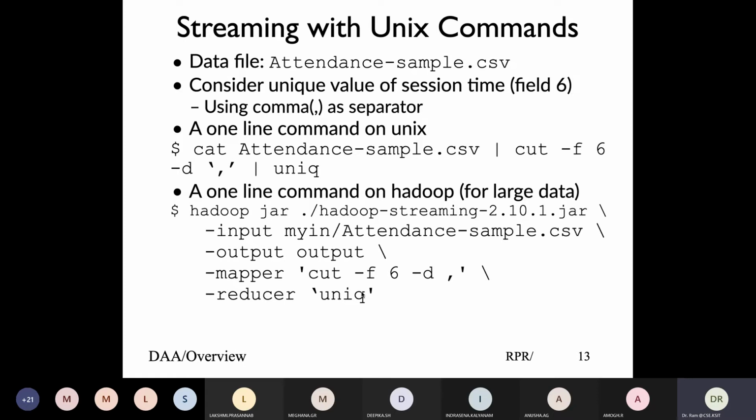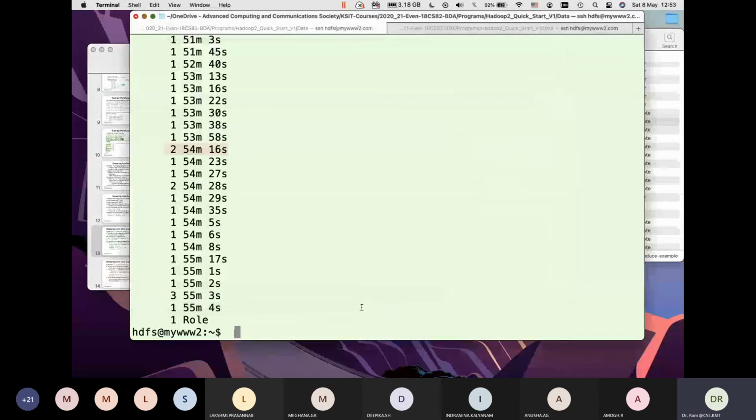So this could be any shell script, this could be a Unix command, this could be a Python program, whatever that is. That basically means we are using stdin, stdout. If you are doing a plain computation, then you can give input as a null file, but input has to be given, otherwise the streaming interface won't work. So let's run this using the Hadoop interface and see how that works.